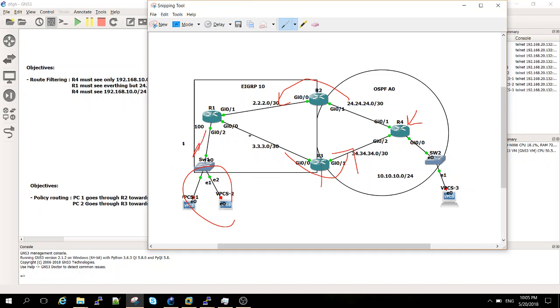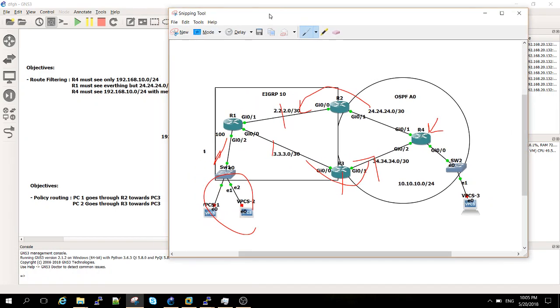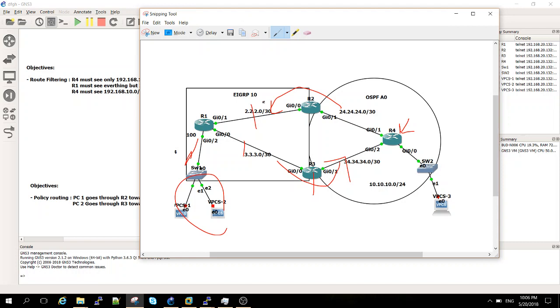This one, and this one, and this one. So what simply objective 1 is asking me to filter these two point-to-point subnets, and R4 only should see this